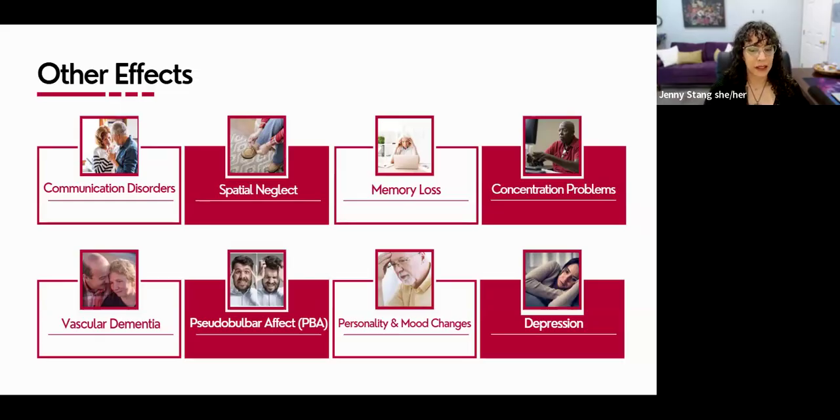Next one I'm going to go through is the pseudobulbar affect, or PBA. People who have PBA have involuntary bouts of crying, laughter, or anger. These effects are uncontrollable and they can occur without emotional triggers, okay? So these are just kind of outbursts that are maybe disproportionate to something that's happening. Something that's slightly sad could cause exaggerated weeping. But on the flip side, something sad or somber might spur inappropriate laughter, okay? Again, these are things that they cannot control. It's just a side effect of a stroke.